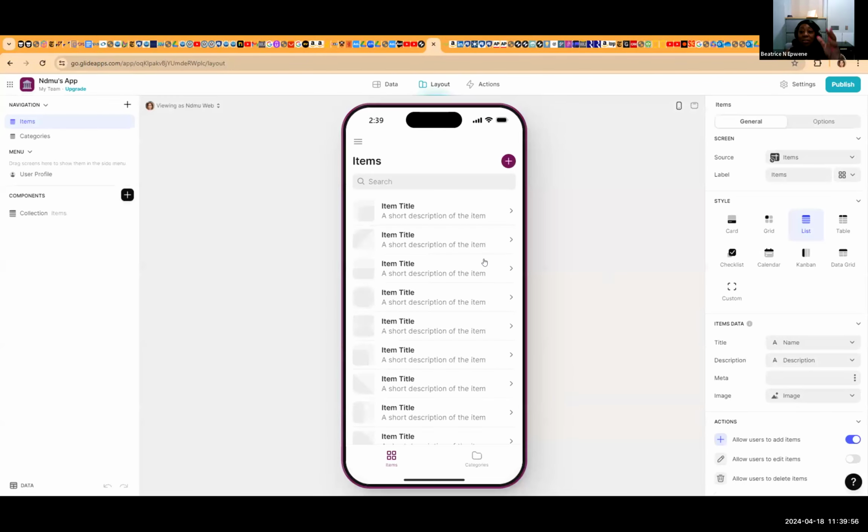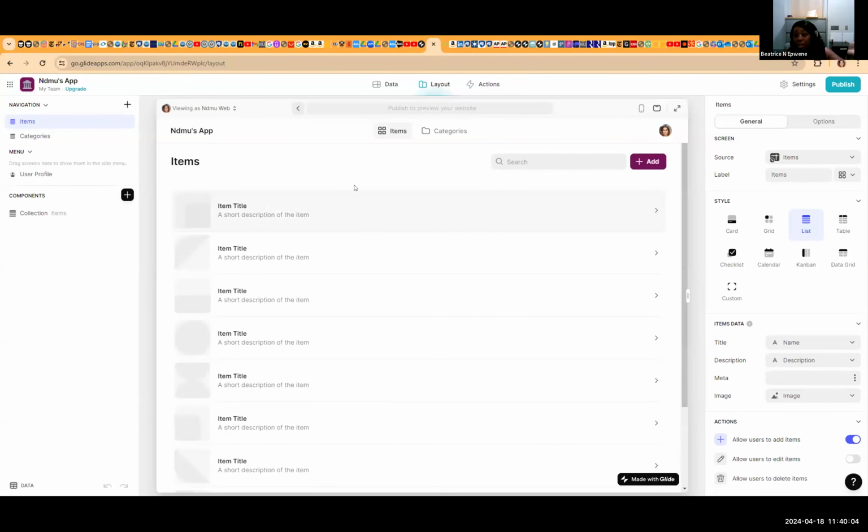And as you can see there, it's already giving you something almost in the shape of an app according to your phone, but you also have the ability to switch it to web if you want it to be web based, that kind of thing. So then once you're here,